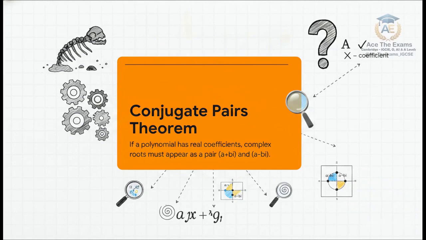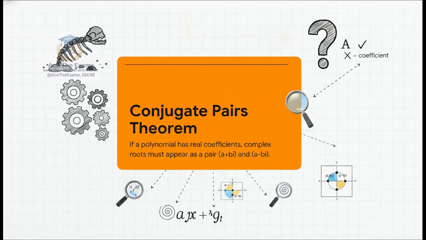This is a deeply established mathematical principle stating that if and only if a polynomial has real coefficients, any complex roots must appear as a pair, a plus bi and its conjugate partner, a minus bi. And wow, this is where so many students trip up. You cannot just blindly assume that every single complex root has a conjugate partner. You must explicitly state, or mathematically verify, that the polynomial in question has real coefficients. If you omit that vital piece of evidence from your answer, you immediately lose the method mark, because your logical architecture is flawed. You have to explicitly prove to the examiner that you understand the precise conditions under which this